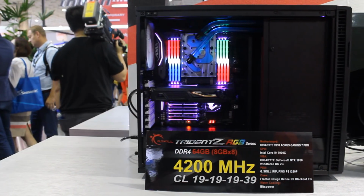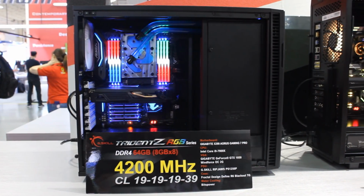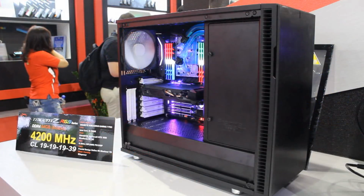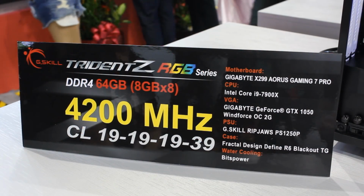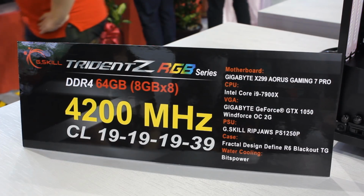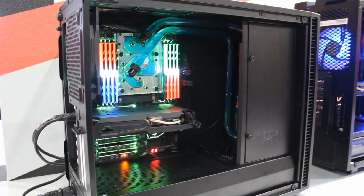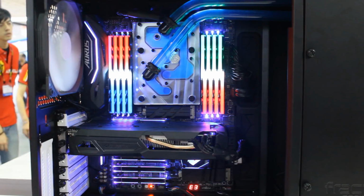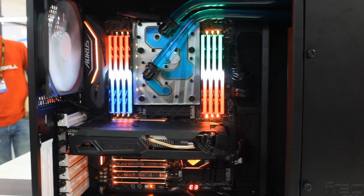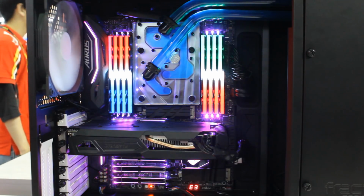So I went out looking for some awesome rigs built in Fractal Design cases, and the first one I found was at the G-Skill booth, which was an X299 base build in the Fractal Design Define R6 Blackout Edition. It featured an Aorus X299 motherboard with an i9-7900X 10-core CPU, which is a very powerful CPU. The quad-channel G-Skill RGB memory was super eye-catching, and having no gaps looks really nice. You want to fill up all those slots. It also had a huge CPU water block, so that would keep the hot-running 7900X nice and cool. A pretty basic GPU, just a GTX 1050, so this would be more of a workstation build rather than a